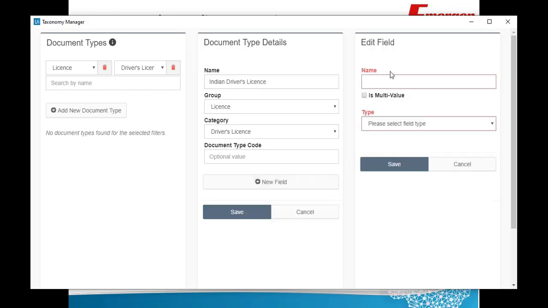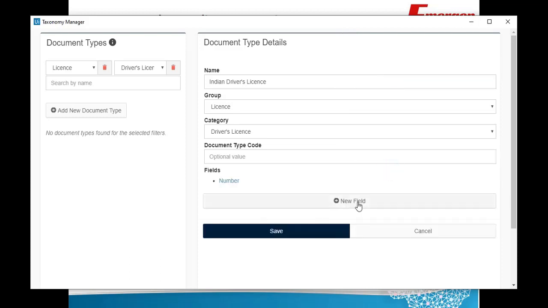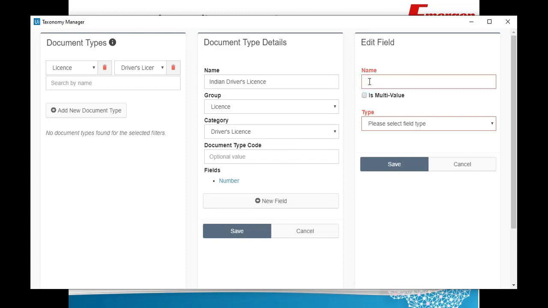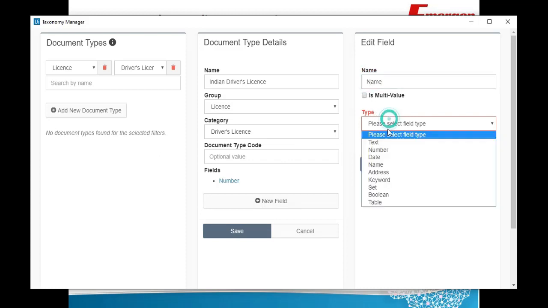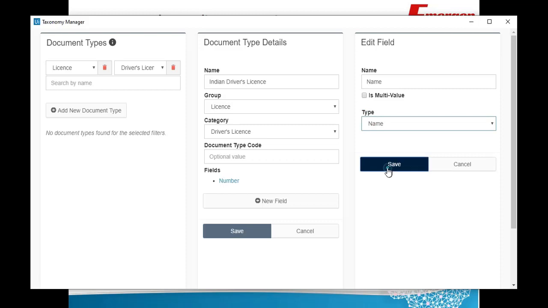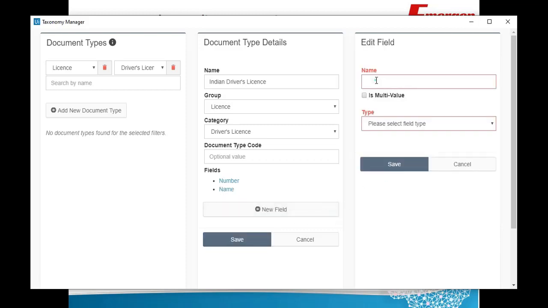Add the fields to be extracted. First one was number. It's a number obviously. Save it. Name. It's a name. Save it. Father's name.